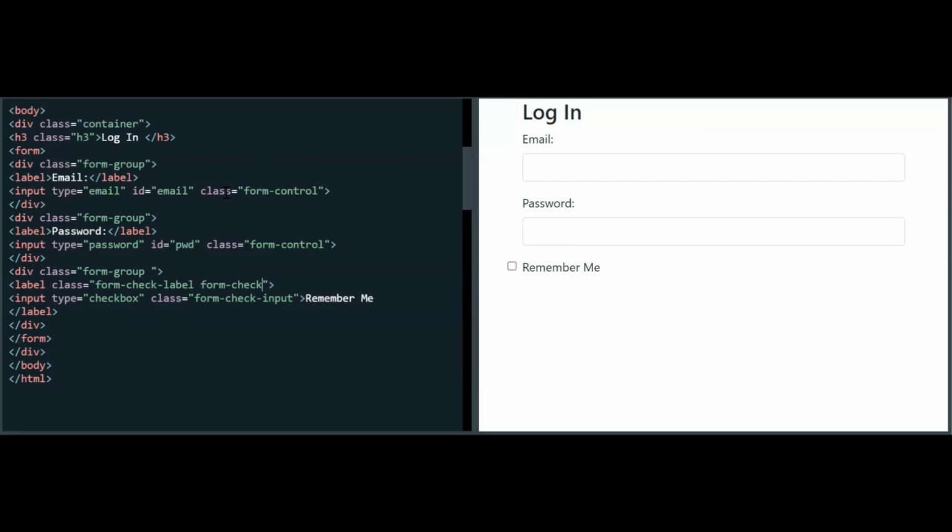Okay, so now as I have given the form check and as I reload it, you can see that it is now properly arranged. So let me give the button now. To give the button, I'm taking the